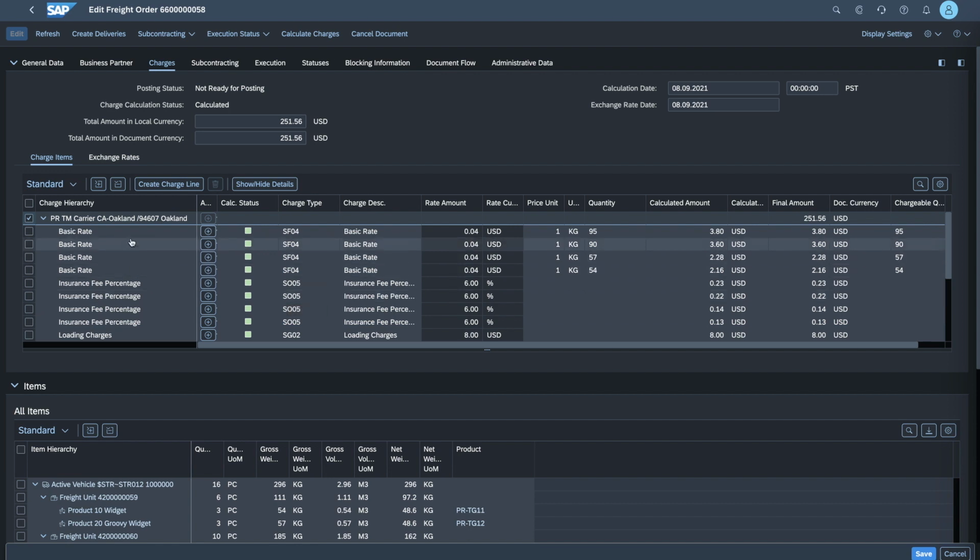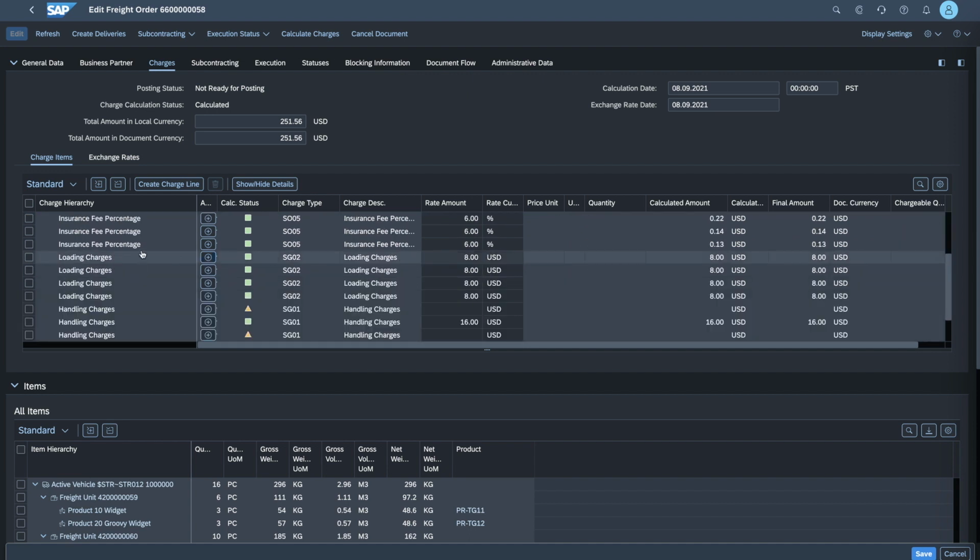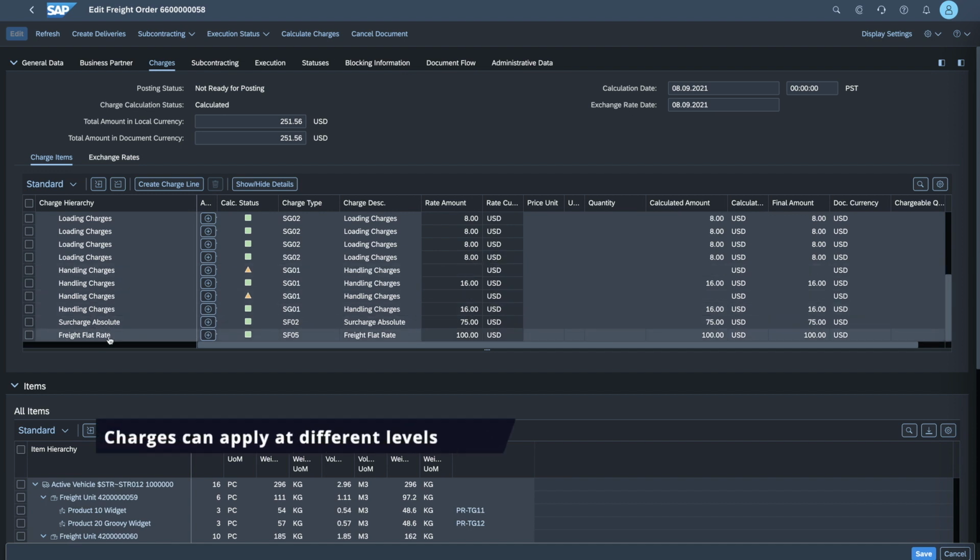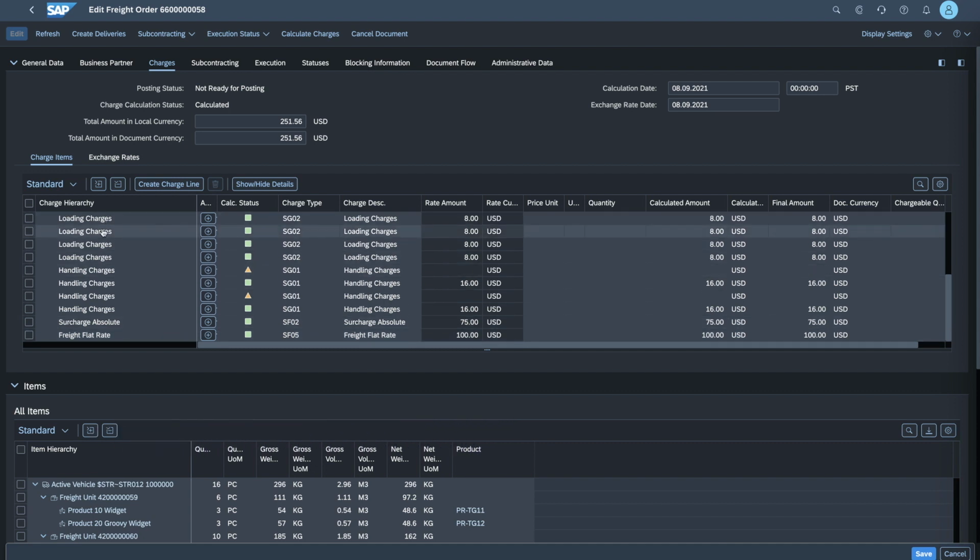However, what we can indicate here is that we have different charges that have been determined based on the freight agreement that is associated to my carrier in this particular purchasing organization, and we can see that various rates have been determined pertaining to basic kilo transportation rates. We have an insurance premium that has been determined. We also have loading charges, handling charges, as well as an absolute surcharge and a freight flat rate. Of importance also to notice at this point is that some charges appear multiple times and some charges